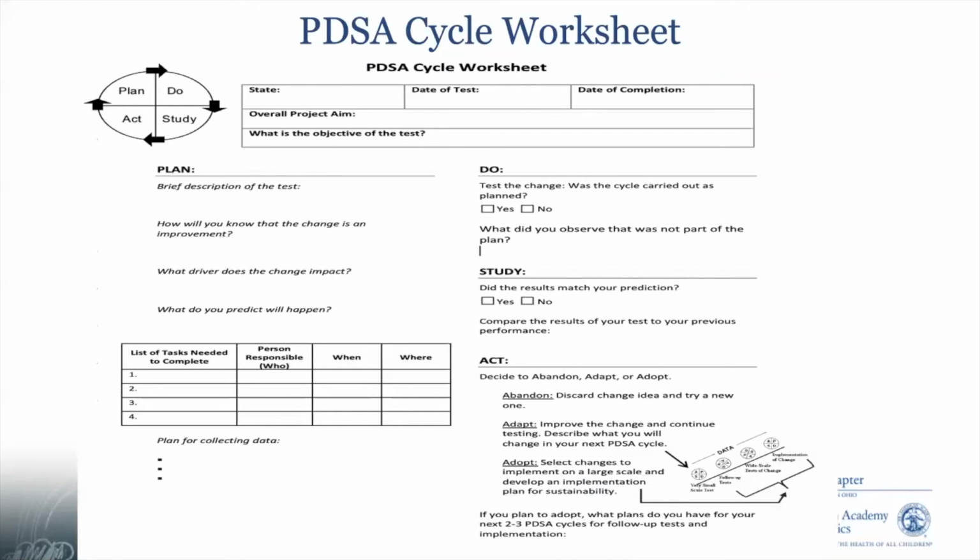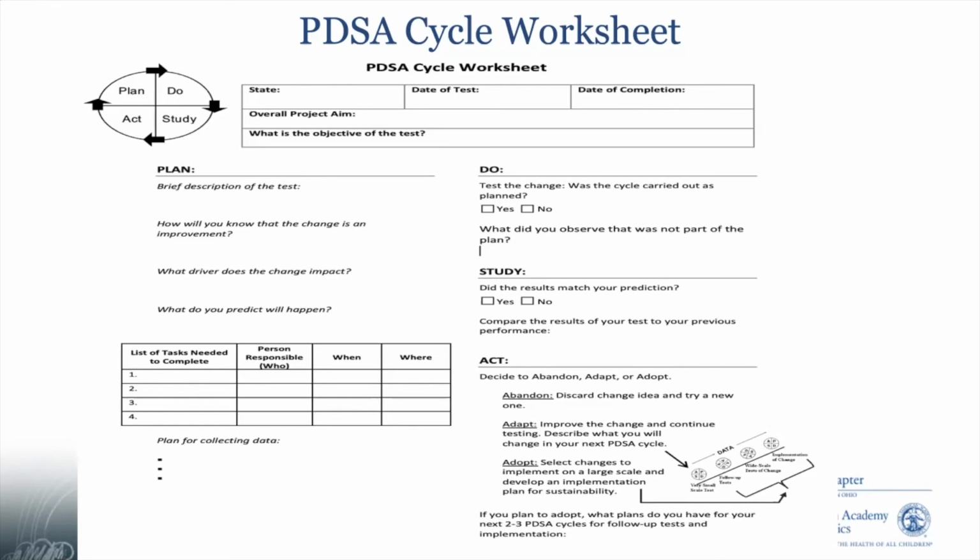So, you have some things at the top there: the date of when you started, when you implemented, the date of completion, and what you are trying to improve. And it walks you through asking those questions, right? So how will you know that the change is an improvement? It might be, I'm going to say that 80% of visits with a diagnosis of atopic dermatitis are going to be charted using the atopic dermatitis protocol. That could be how you know that change is an improvement, considering your baseline is that only 10% of your providers at the time are using that protocol.